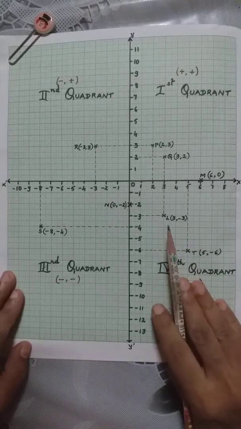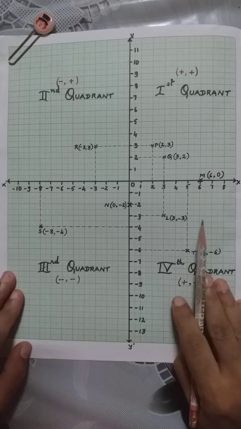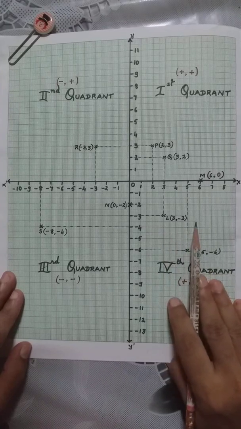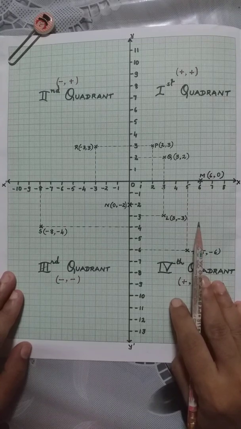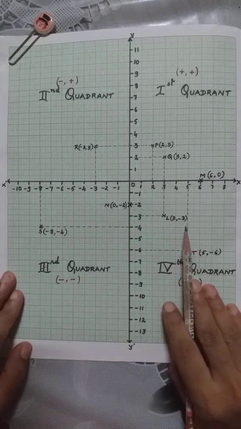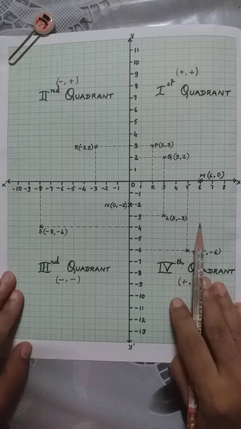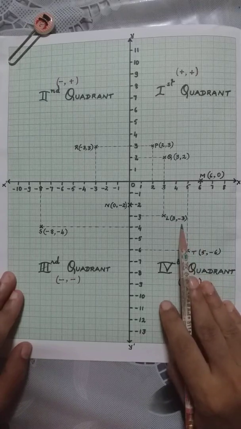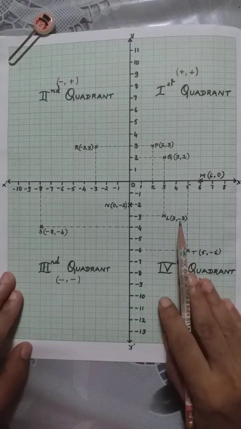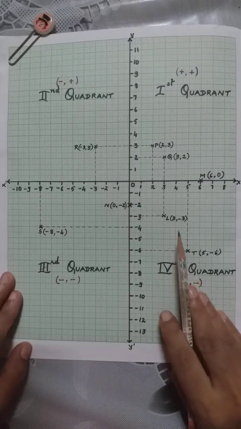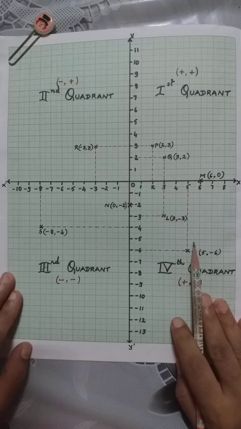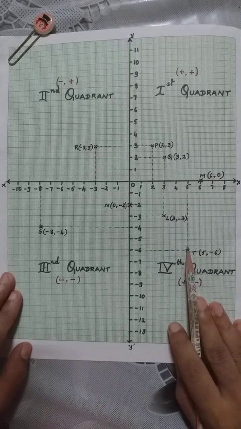Now, if there is any point in a plane, let us take for example a horizontal plane, that is the top surface of a table. To know where exactly a particular point lies, it is important that we have some reference lines, and those reference lines are referred to as axes.